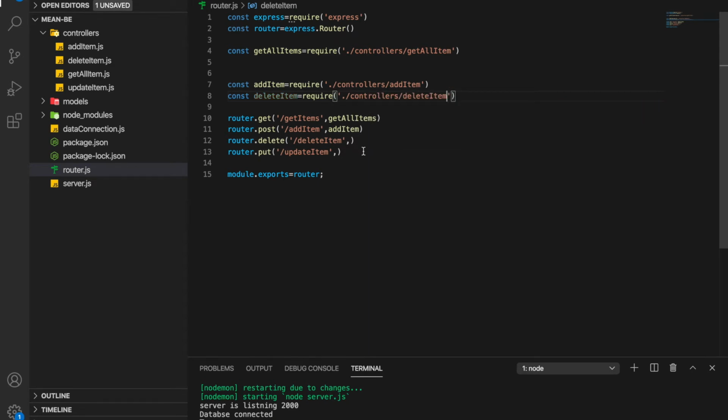Okay, so till now we have used all these static routers. So for deleting items we will be using the dynamic router. So that means the item which we are going to delete, for that we need the ID. So based on the ID we are going to delete the particular item. So here we'll add this ID. So this ID will be dynamic. So once the user will send this ID while calling this API, we'll delete that particular item. So let's